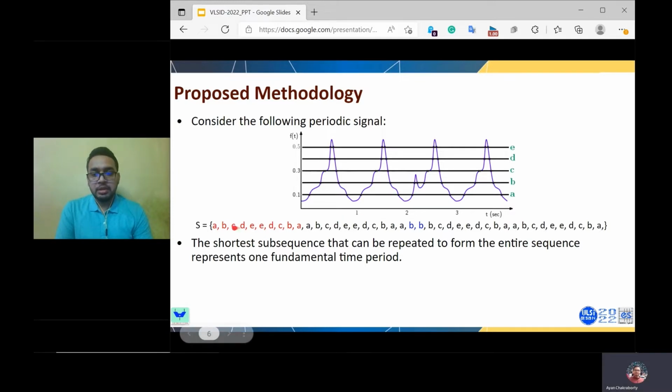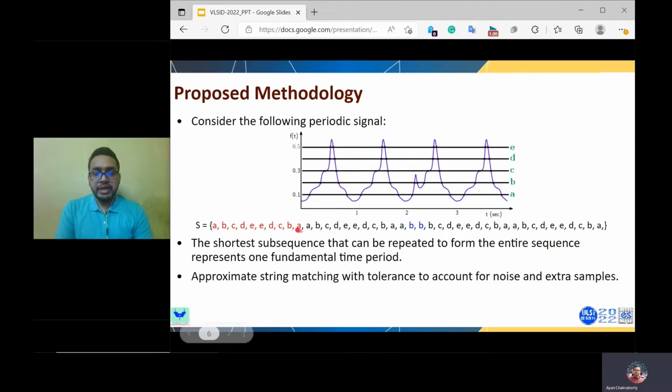In this example, the subsequence highlighted in red, which is A, B, C, D, E, E, D, C, B, A, we can observe that if this is repeated, this can reconstruct the entire sequence S. And in the signal, this corresponds to this cycle, and it represents one fundamental time period. So the problem of finding the subsequence from the entire sequence can be reduced to an approximate string matching